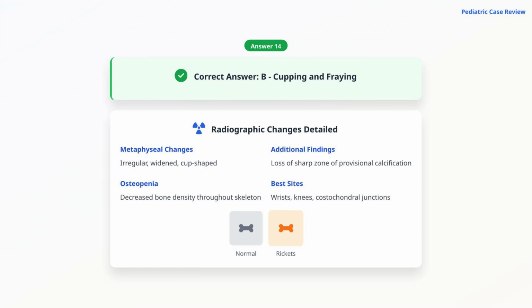These changes represent widening and irregularity of the growth plate with loss of the sharp zone of provisional calcification. Additional findings include generalized osteopenia and decreased bone density. The most prominent changes are typically seen at the wrists, knees, and costochondral junctions, making these ideal sites for radiographic